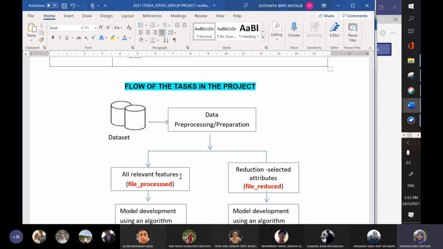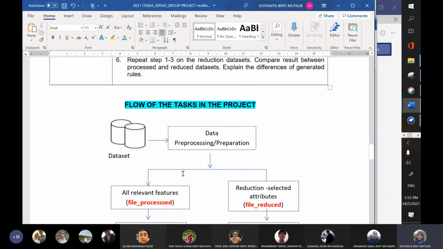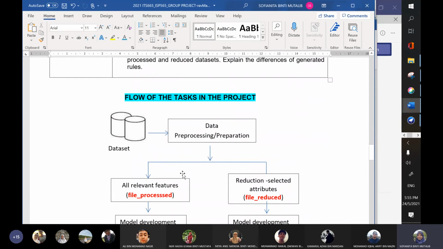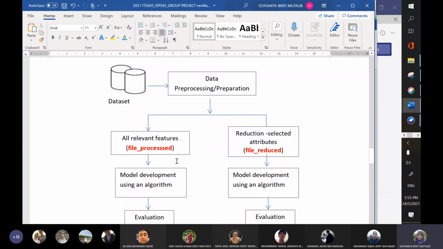Like information like student ID, certain ID, do you really need to use this ID? Itu mungkin kena fikirkanlah. So don't assume. Sometimes there is a conflict there. Students kata, oh, because dalam description kata kena gunakan semua features.